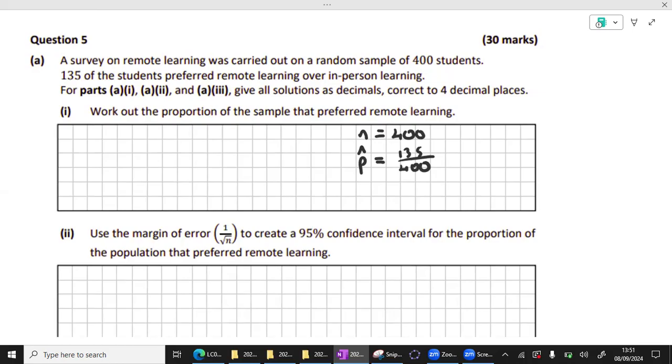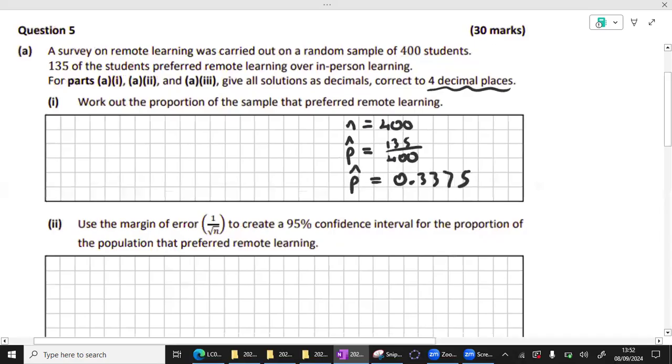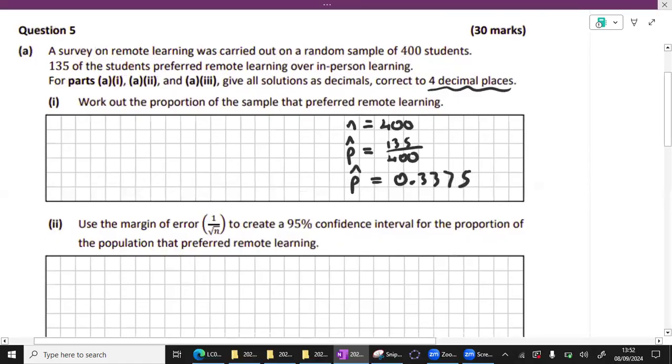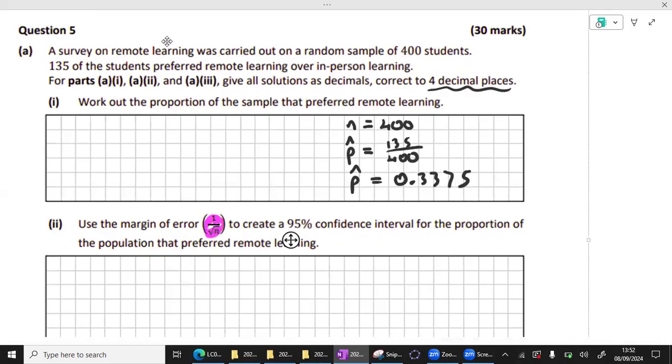So for parts A, 1, 2, and 3, give all solutions as decimals correct to 4 decimal places. Question 1, work out the proportion of the sample that preferred remote learning. So I've already done that. We'll just change it to a decimal because that's what they've asked. And to 4 decimal places, P hat is 0.3375. Now, use the margin of error to create a 95% confidence interval for the proportion of the population